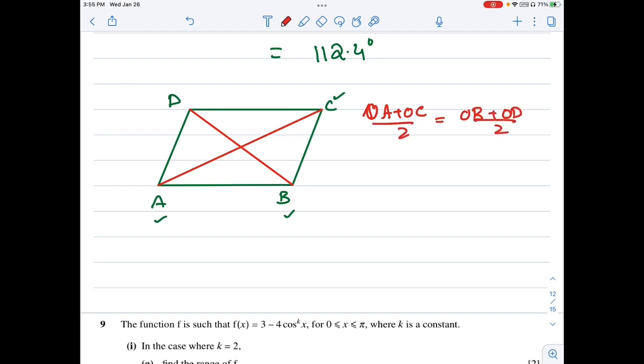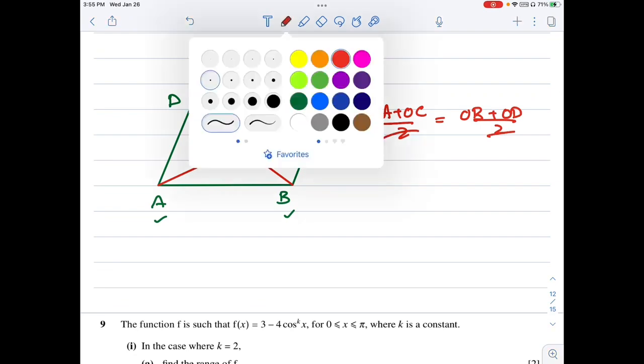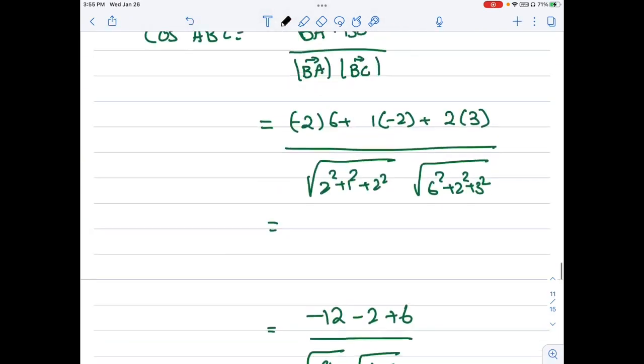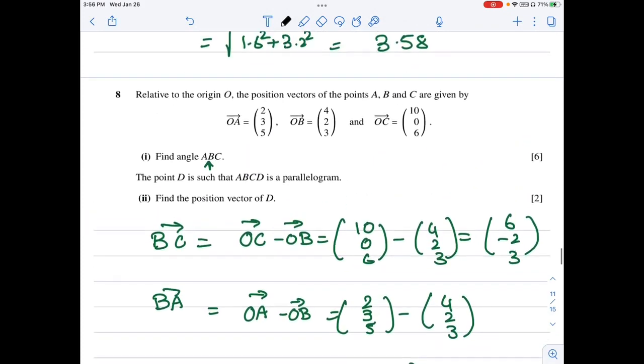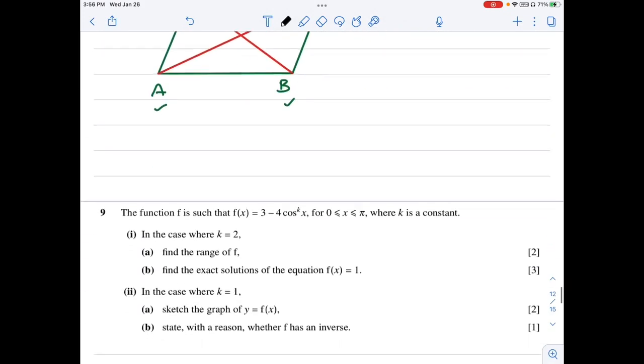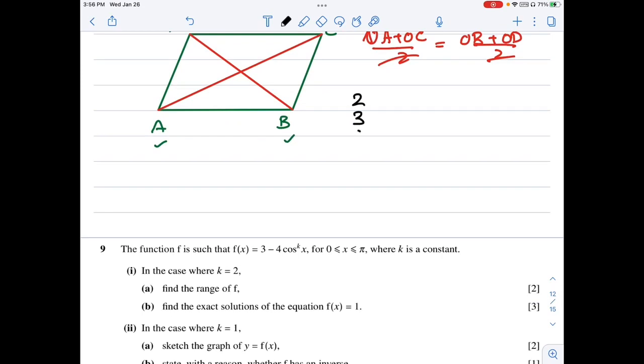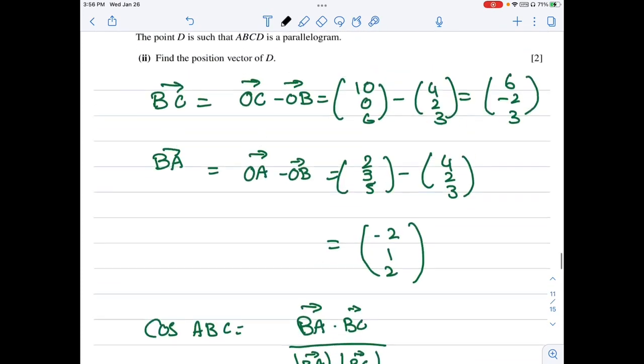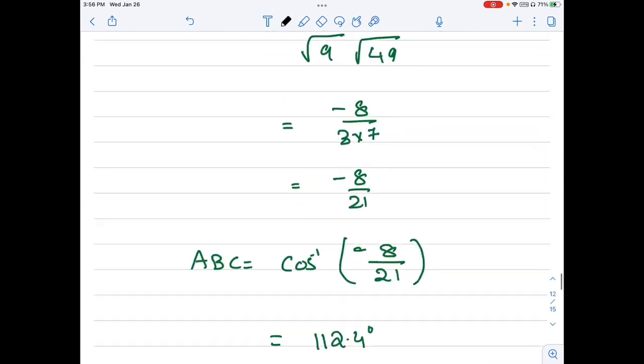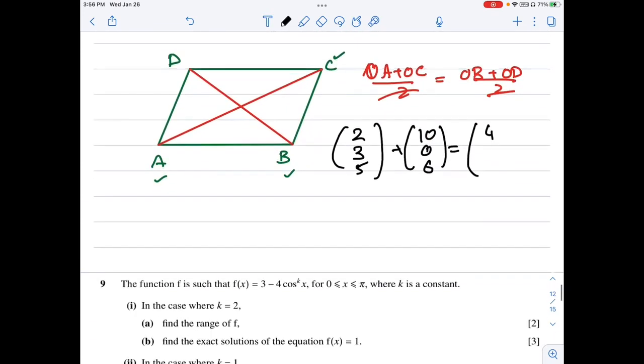So OA is (2, 3, 5), OC is (10, 0, 6). (2, 3, 5) plus (10, 0, 6) should be equal to OB, (4, 2, 3), plus OD, (x, y, z). So (x, y, z) will be equal to